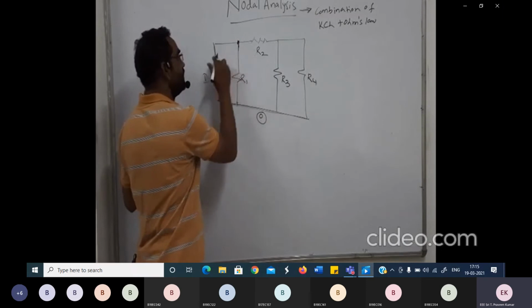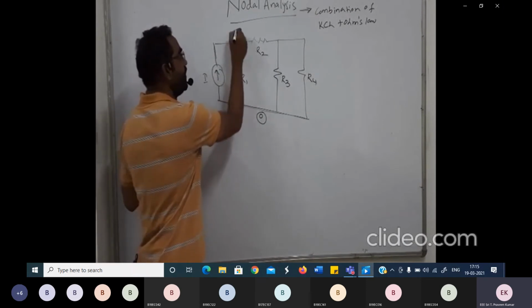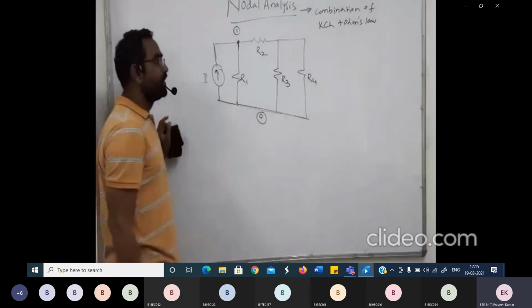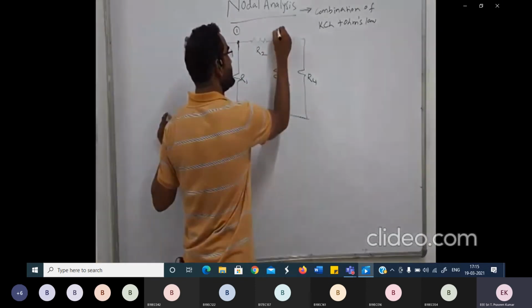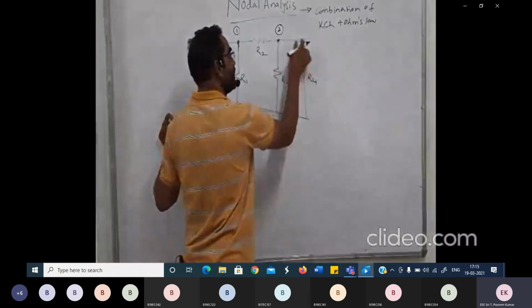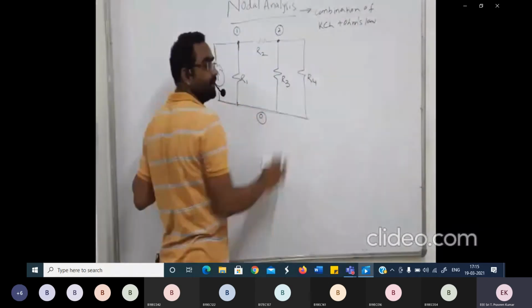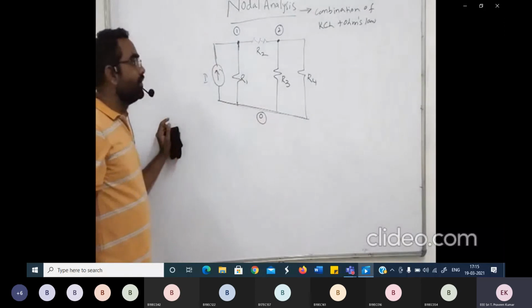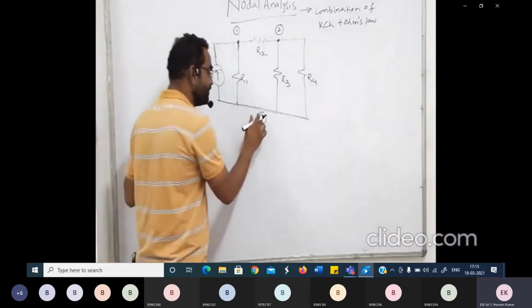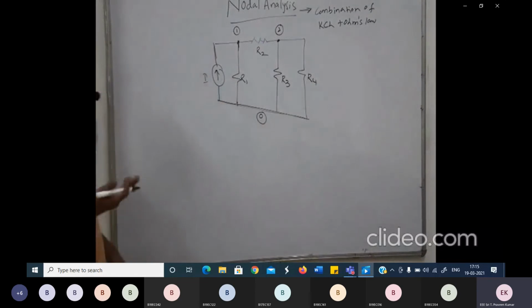Now because you have elements connected here, your source is connected, R1 is connected, R2 is connected, I will take this as node 1. Now here also the elements are connected, I will take this as node 2. And because these two are connected to the same point, I cannot consider this as a node, I don't take it as a node. Now how many nodes do we have? 0 is one node, first one, second one. So the total number of nodes is 3.